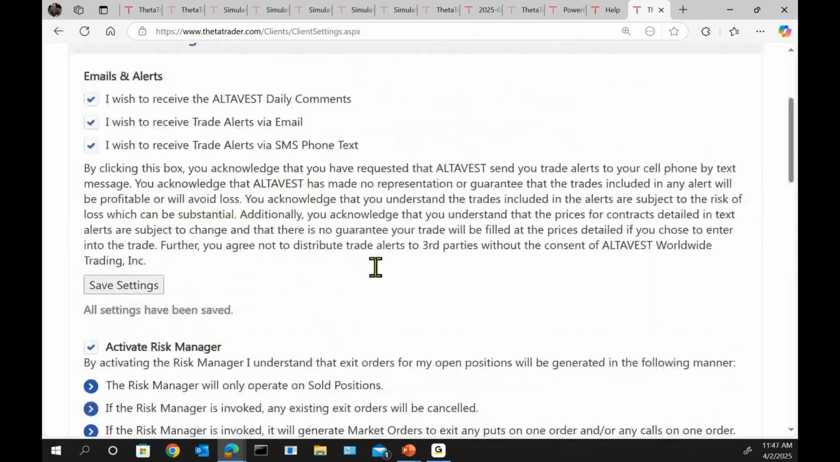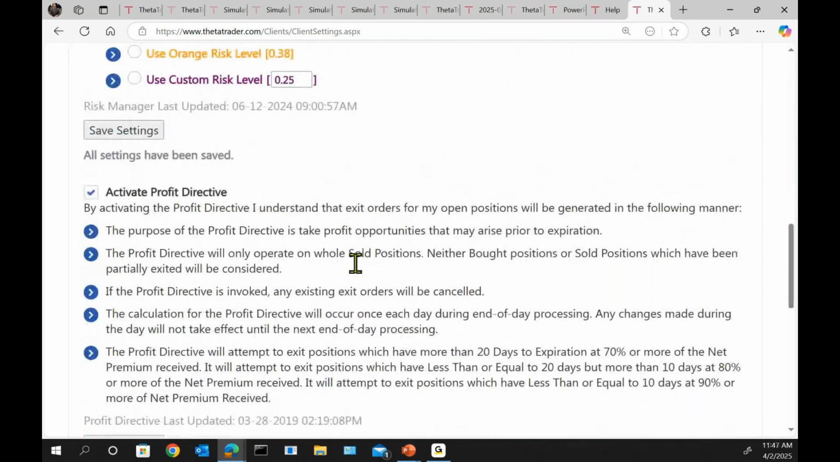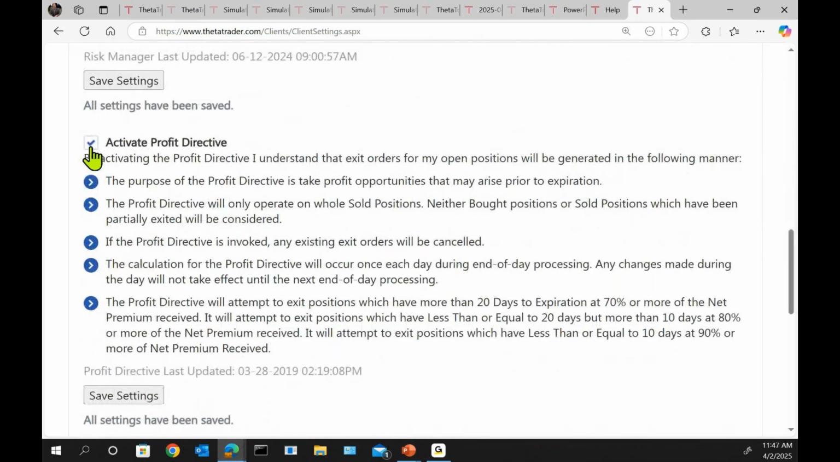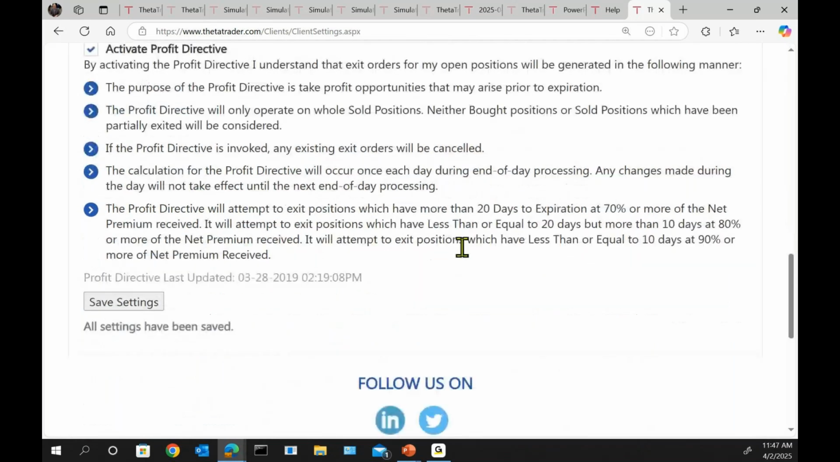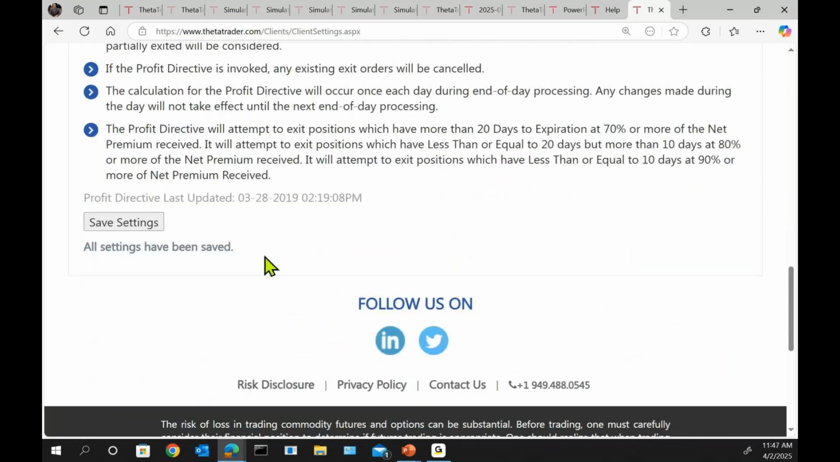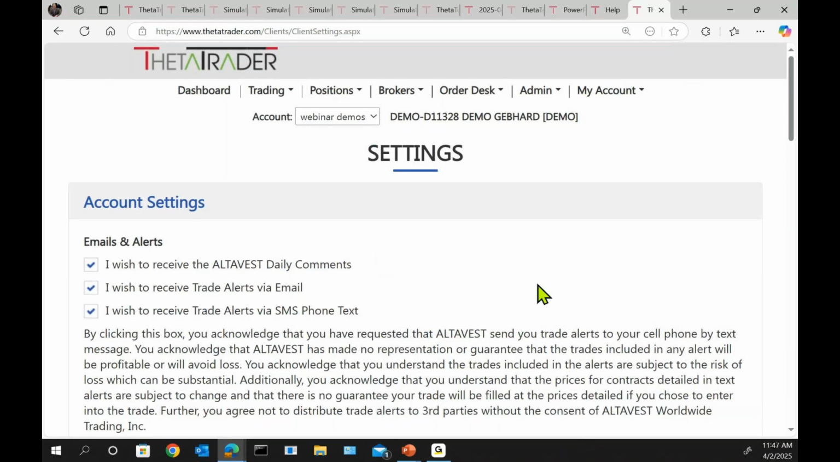and then same type of checkbox here for activating your profit directive, and then make sure to save the settings. So that's all you need to do to automate your risk and profit controls, and along with the trade alerts,